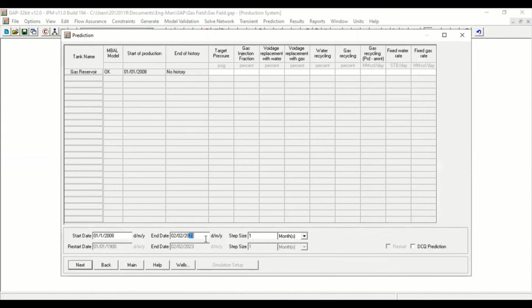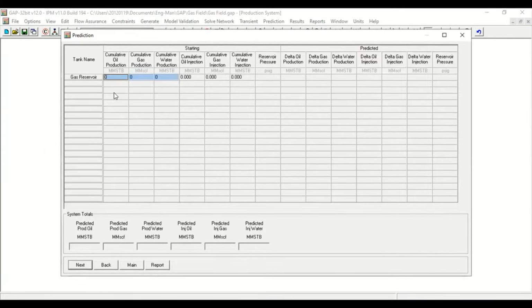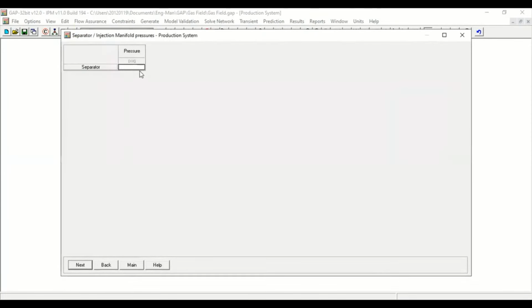End date, let's say 10 years, so it will end at 2018. No DCQ prediction. Next, still 0. Next, separator pressure or the system pressure is 1000. Next,